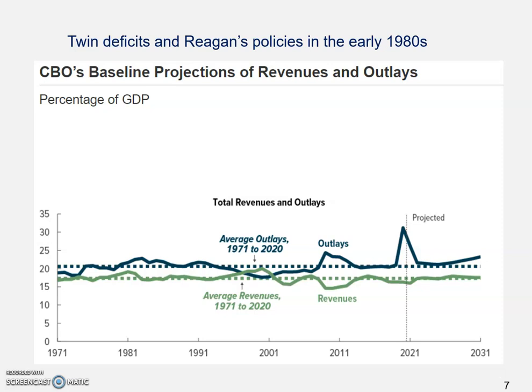If that's a theoretical hypothesis, we got to get it tested. We got to see if it's consistent with the real world data, right? And here, what I'm showing you is a figure I got from the Congressional Budget Office, CBO, from one of their recent reports. It shows their projection about the future government revenues and outlays. That simply means the government spending, the money flowing out of the government.